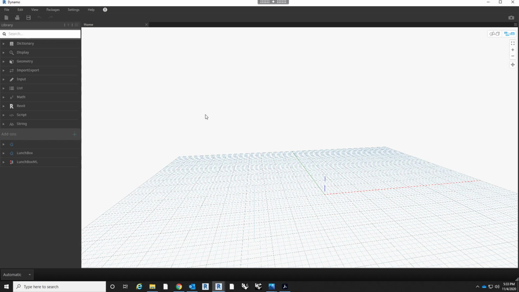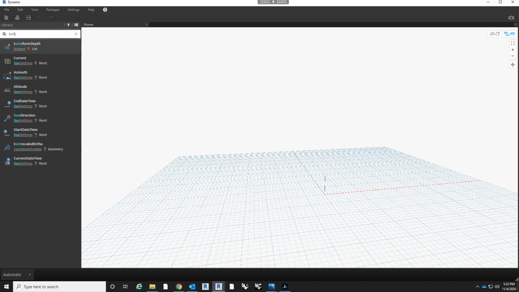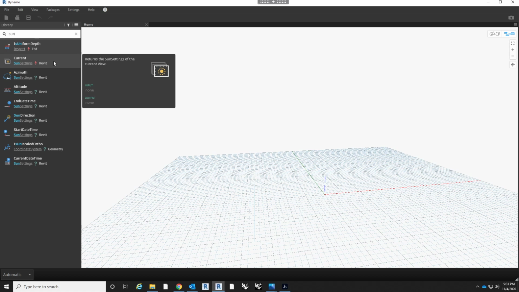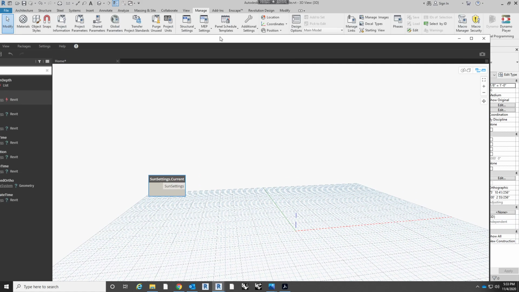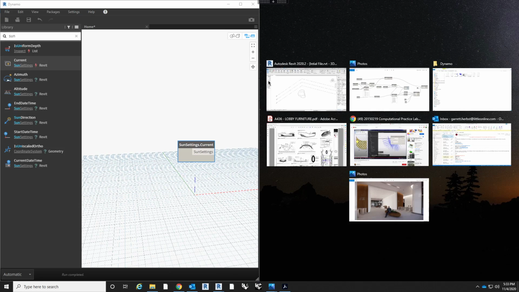And I believe that we have not gotten much into the solar settings, sun settings, within Revit itself. So if we type in sun into our search bar and just go under current, we're going to utilize the sun settings within our Revit project to influence our script. So this brings in the current settings that are within the project right now. So if we split screen this really quick,